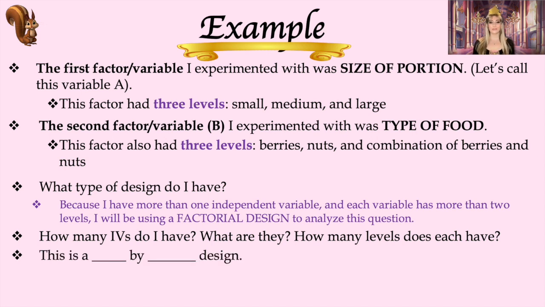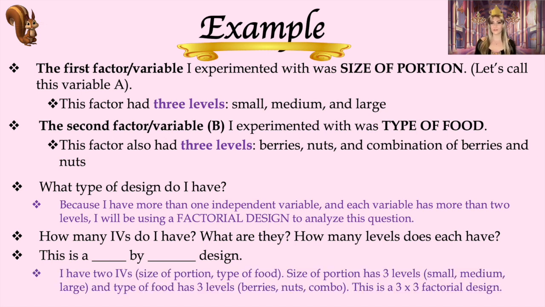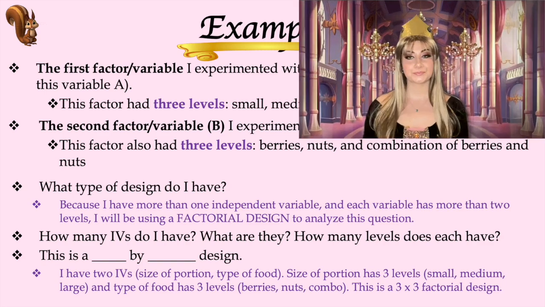So again, the first blank is going to be filled by the number of levels of the first independent variable, which is 3. And the second blank is going to be filled by the number of levels of the second independent variable, which is also 3. So in this case, I have a 3 by 3 factorial design. And this basically means, because 3 times 3 is 9, I can have 9 possible combinations of effects